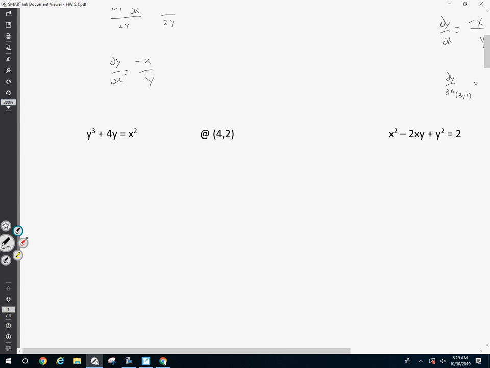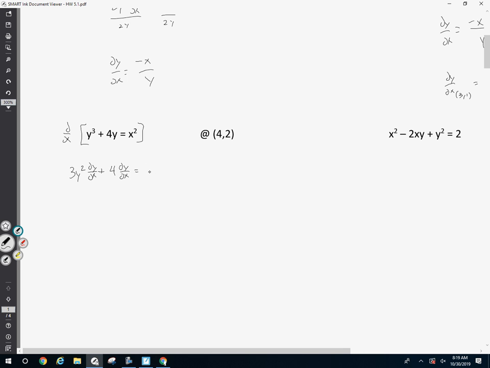All right, we got another one. y cubed plus 4y at 4, 2 equals x squared. Difference between this one and the last one is that we got multiple y's. We got something on the right side we need to take the derivative of. So make sure